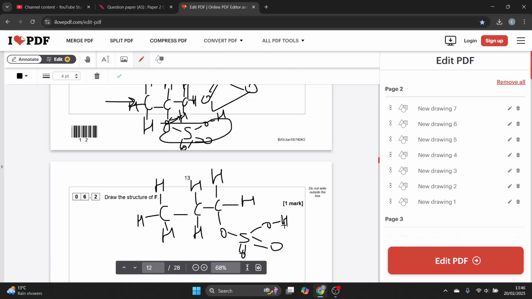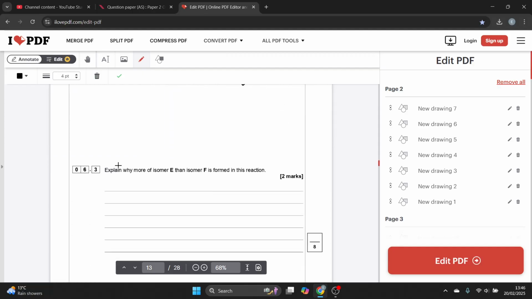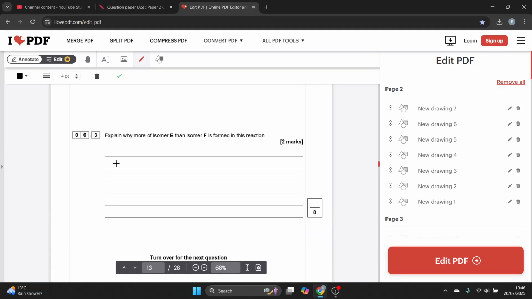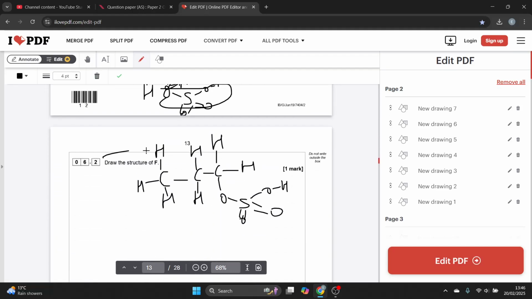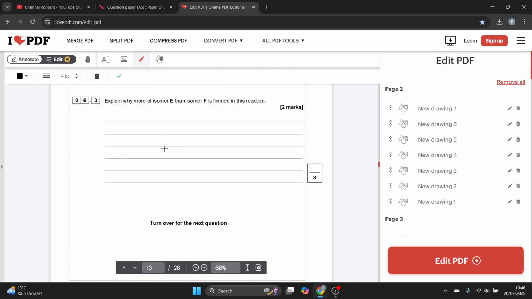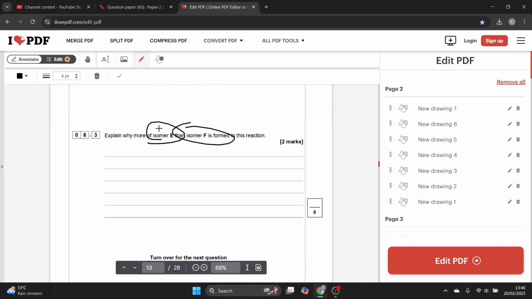CH3, CH2, CH3, CH2, CH2, O, S, double bond OH. And then the classic question, I was predicting this would come up, because why would it tell me to first go through the mechanism, then draw the minor product, and then explain why more of isomer E than F? Because